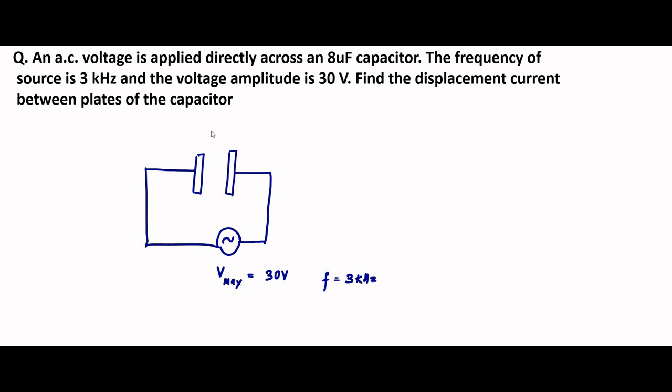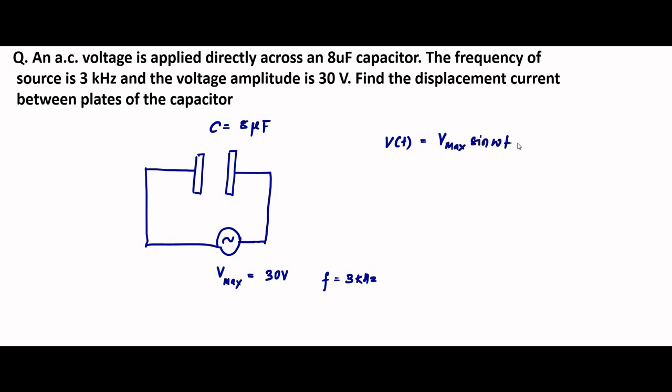And the capacitance value is 8 microfarad. Here we know that any alternating parameter can be expressed as its maximum value times